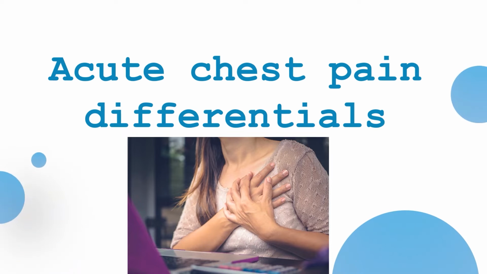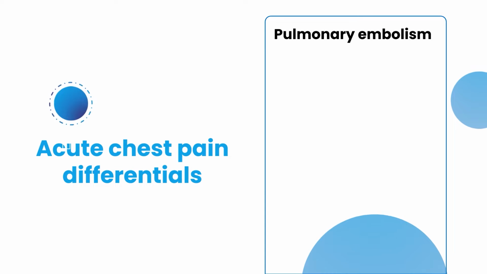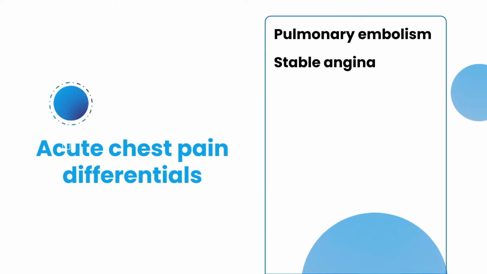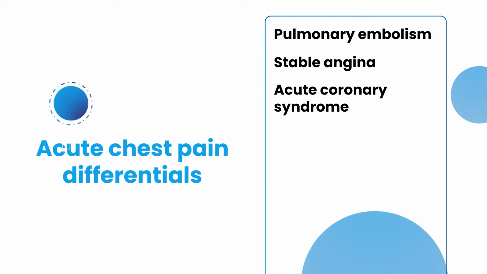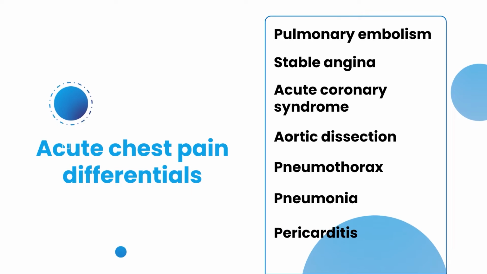Today we will discuss acute chest pain differential diagnosis. What are the differentials for acute chest pain that you know? Either it can be a pulmonary embolism or else can be stable angina, acute coronary syndrome, aortic dissection, pneumothorax, pneumonia or pericarditis. So key features of these acute chest pain conditions is a must-know thing when you prepare for your